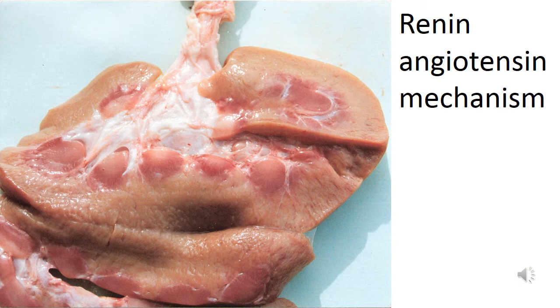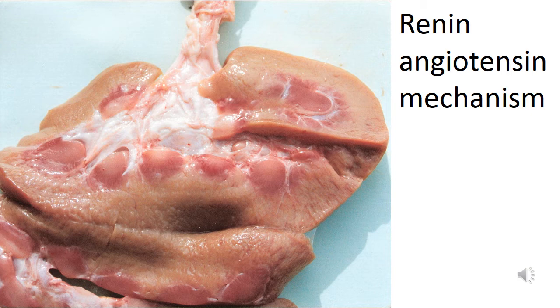Now, if the blood pressure in the afferent arteriole in the kidney, just before it goes into the glomerulus, is reduced, if that blood pressure is low, this is detected by these juxtaglomerular cells. And the juxtaglomerular cells respond by producing renin. And this is renin with one N, R-E-N-I-N, as opposed to the rennin with two N's, which does something in the stomach of milk-drinking babies that we're not going to do now. So it produces renin, R-E-N-I-N. And renin is an enzyme. So when the blood pressure in the afferent arteriole is low, that's detected by the juxtaglomerular cells, and they respond